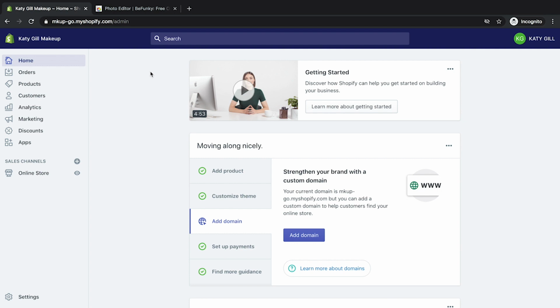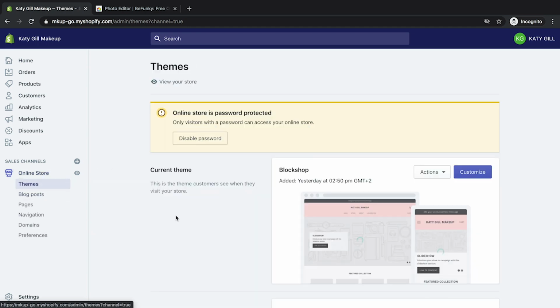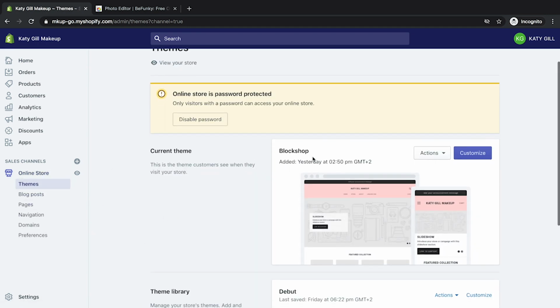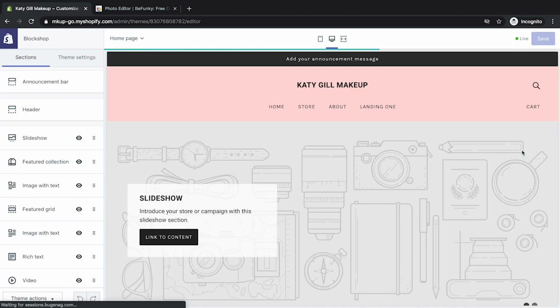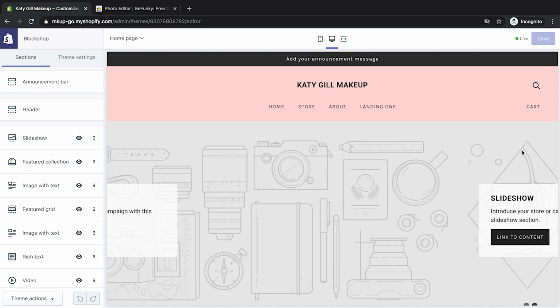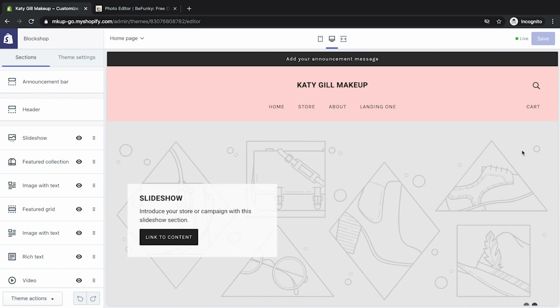With all the content in, let's go and build ourselves a homepage. Editing your homepage is quite simple. However, there are a lot of options. So let's go through them all quickly with you. Click on online store. Make sure you're on themes. Go to the theme that you're looking at, in our case, Block Shop, and then hit customize. Unlike the about page or the landing page where we're limited to everything happening inside the text editor, this is a full website builder layout. Unfortunately, it's only on the home page, but it does quite a good job here.